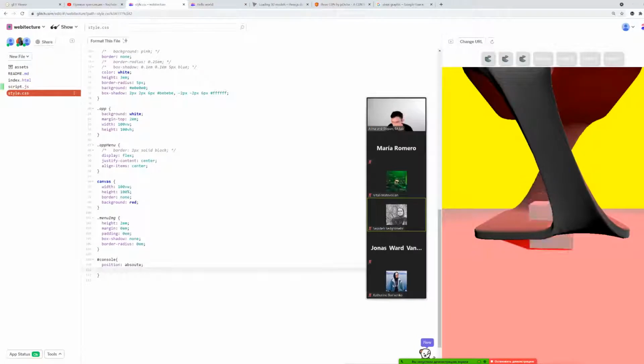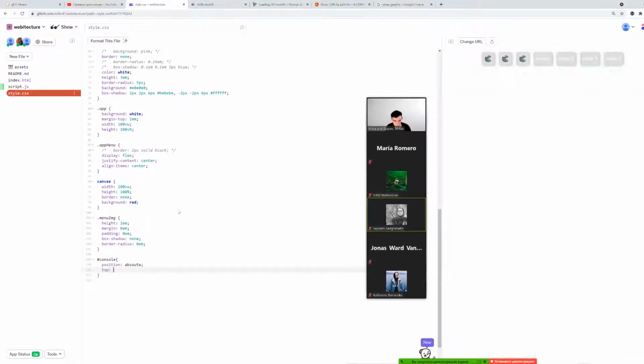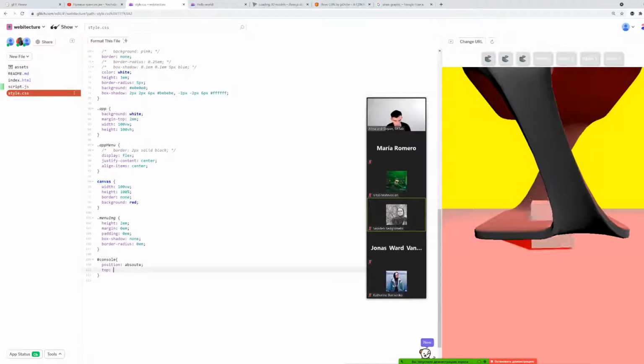All right. Let's try to get it up like top, or maybe bottom, since it's in the lower part of our website. Maybe bottom will work. Bottom, like, I don't know, 10 EM for example, and then